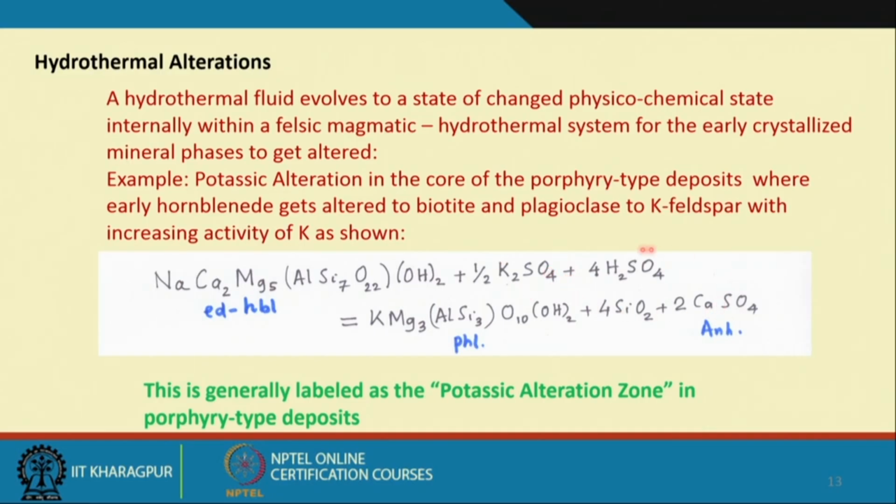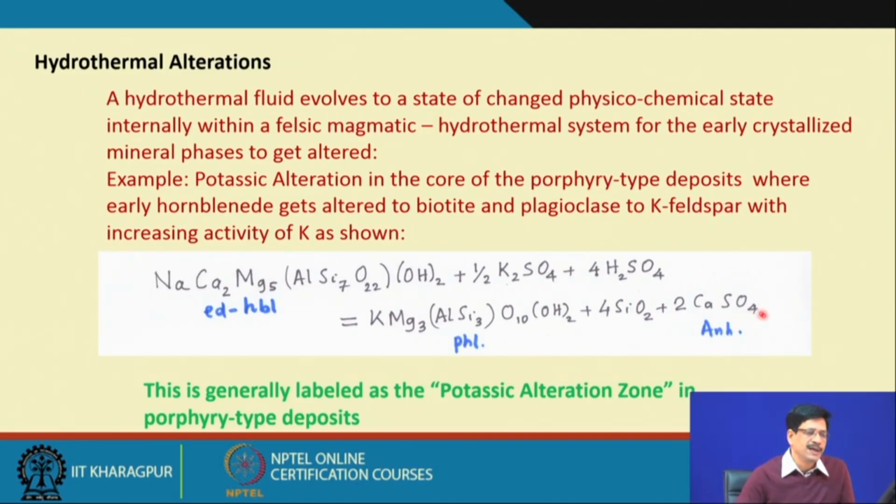and the pH of this fluid is such that we are in the sulfate stability field. So, this reaction is proposed for conversion of hornblende to biotite in a potassic alteration zone, typically seen in the core of the porphyry copper deposit. What is to be observed here is that this also gives rise to calcium sulfate, which is anhydrite, which is very ubiquitous in occurrence in the core zone of porphyry copper deposits,